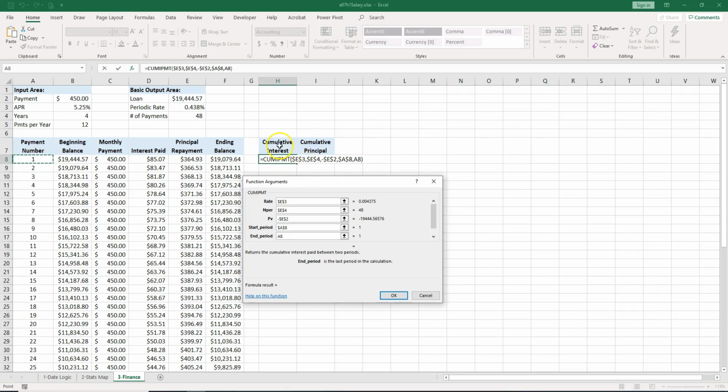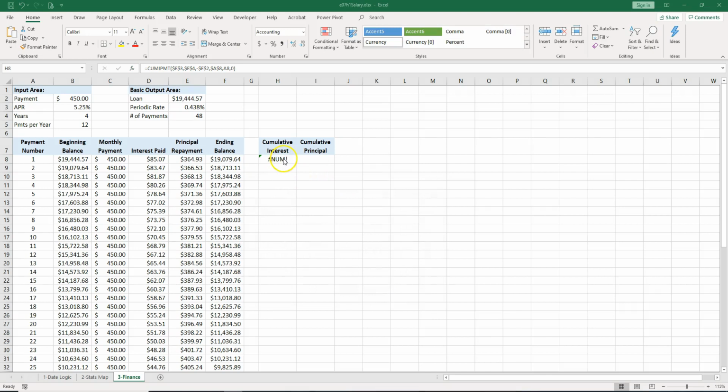We want to see what's the cumulative interest after 1 period. When you move it down, it will be after 2 periods. And the type is the timing of the payment. So let's put a 0 here, like we're making the payment at the end of the month, and let's push